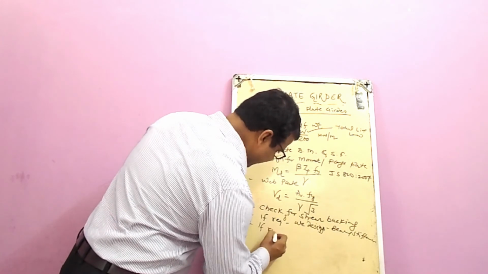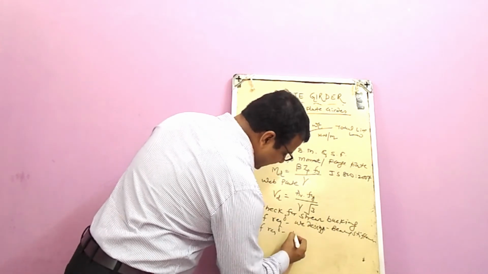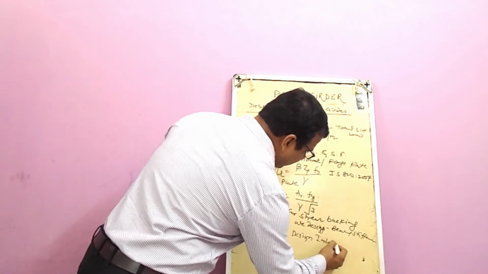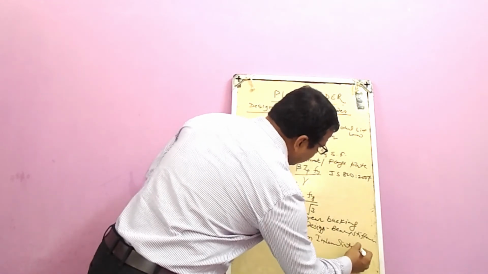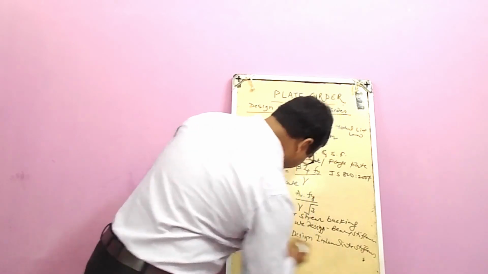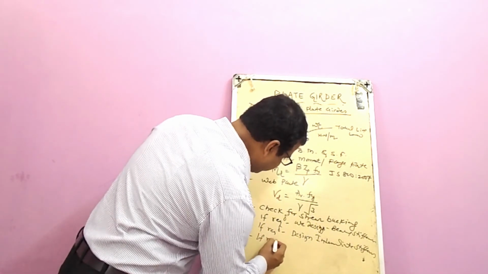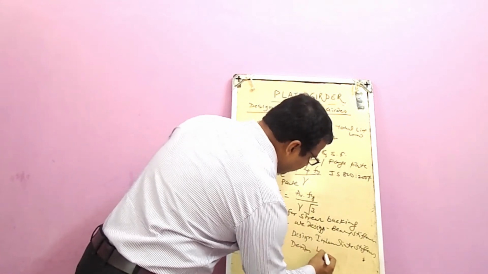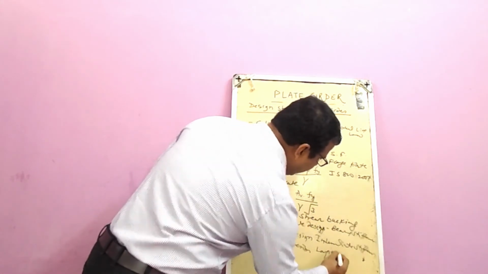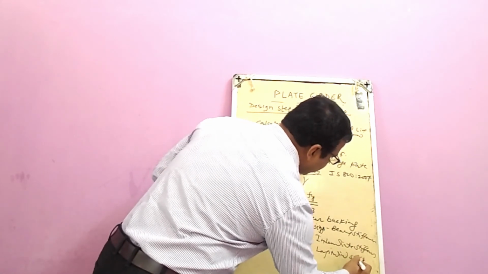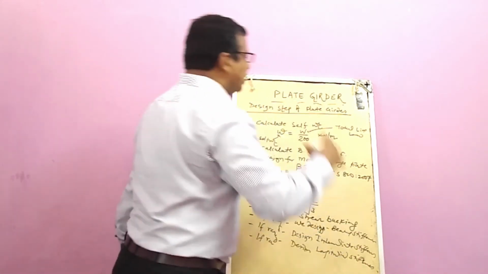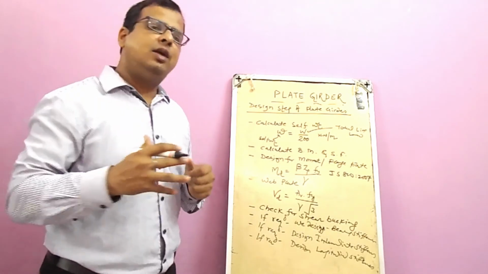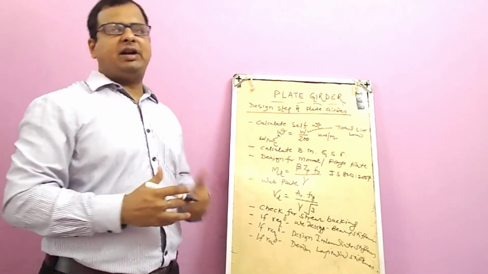If required, design intermediate stiffeners, and if required, design longitudinal stiffeners. So these are the basic design steps to design any plate girder, and at last we will design the